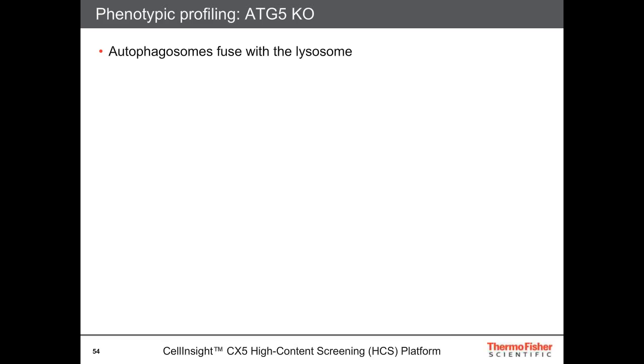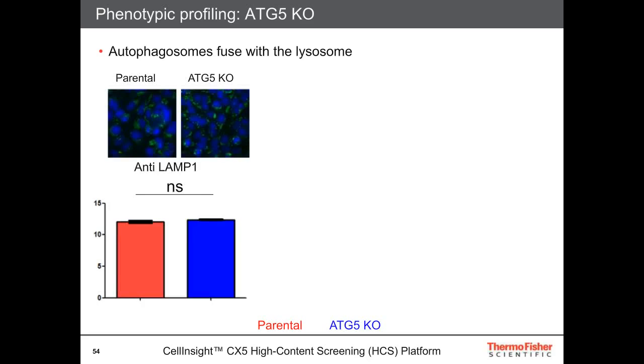So we wanted to start to look at maybe more autophagy-related processes. So we looked at the fusion, because autophagosomes fuse with the lysosome, we started to look at some of the consequences of ATG5 knockout with the lysosome. We used a number of different tools for lysosomal demarcation. So we used anti-LAMP2, and we saw no significant difference in the number of LAMP-positive vesicles between the parental and